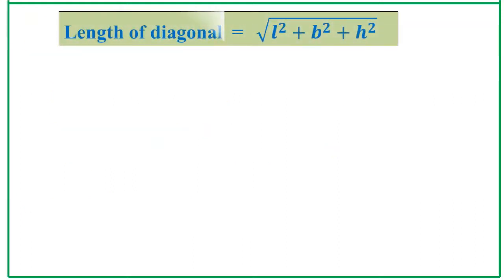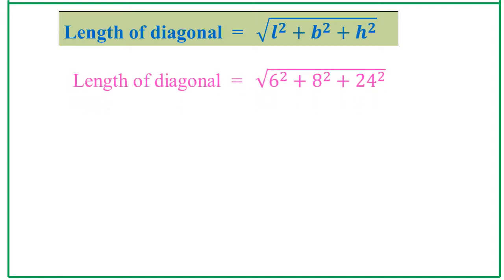Let's see 7th one. The hypotenuse of an isosceles right triangle is root of 242 centimeter. Find the length of each equal side. Let us find the solution. Hypotenuse AC root of 242 centimeter. Then isosceles triangle means both sides are equal. So here both sides are not given, we have to assume both sides AB and BC, we have to assume x. Isosceles right angle triangle, both sides are equal. So let the side be x.